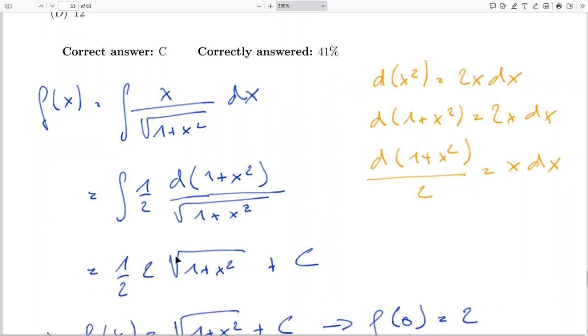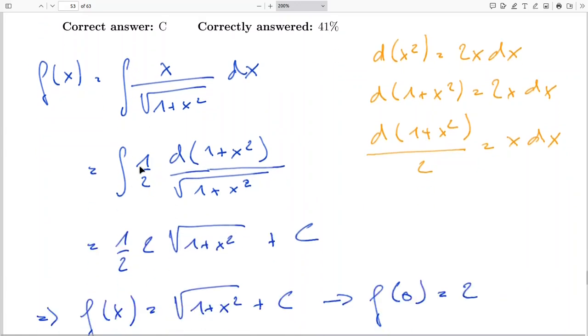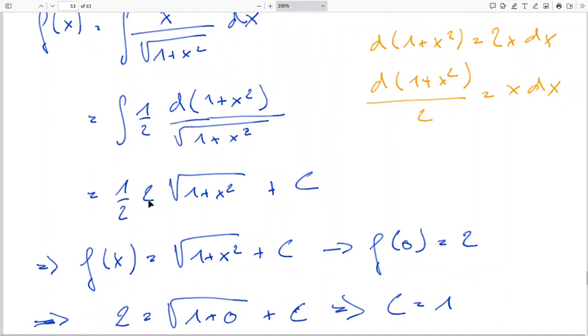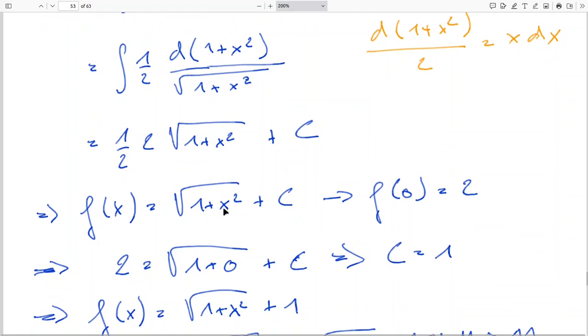So we can rewrite that as the integral of 1/2 of d of 1 plus x squared over the root of 1 plus x squared, which is the same thing as du over root u. So that gives you 1/2 over 2 times the root of 1 plus x squared, plus a constant, obviously. We know that f of x is the root of 1 plus x squared plus c, and we know that for f